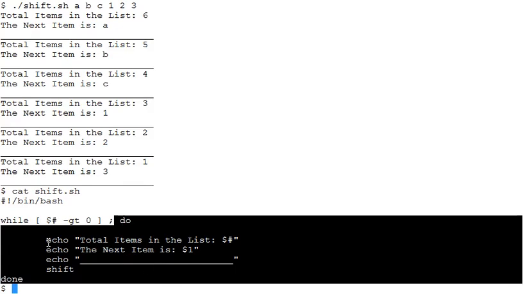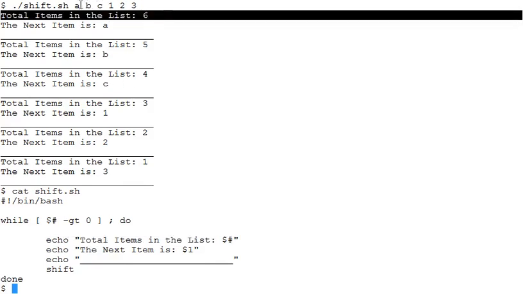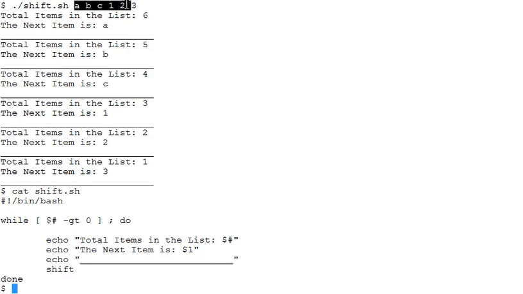And we have 4 statements here, 3 echo commands and then the shift. So what happens in the first round? This echo command is printed out. Total items in the list 6, which is correct because we gave the script 6 values or 6 arguments, each value or argument separated by a space.